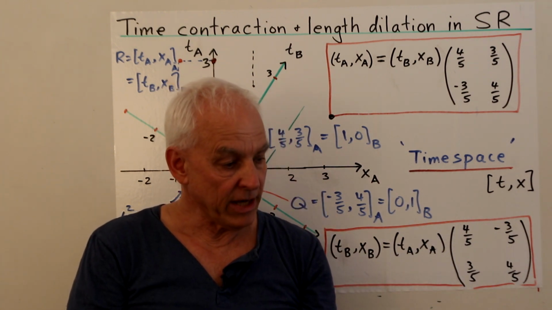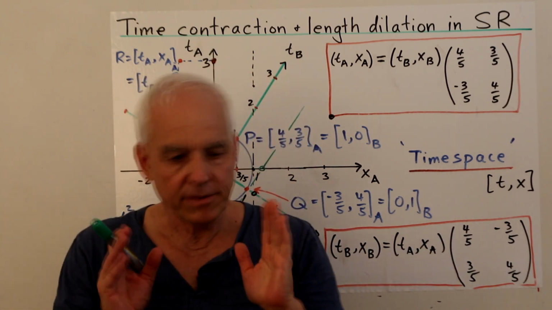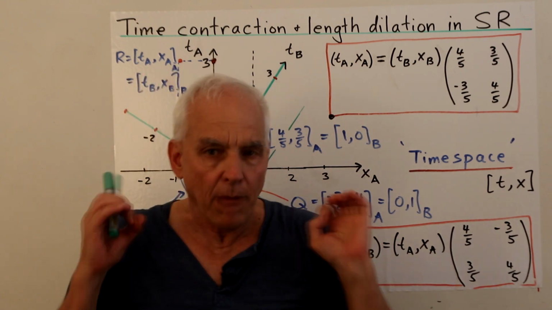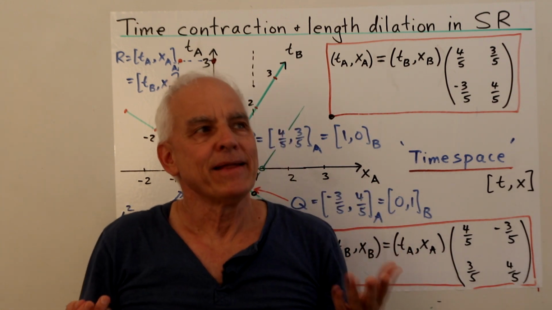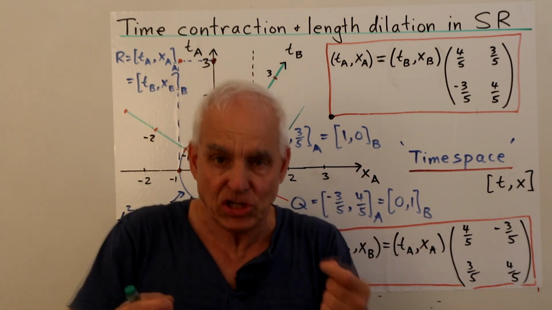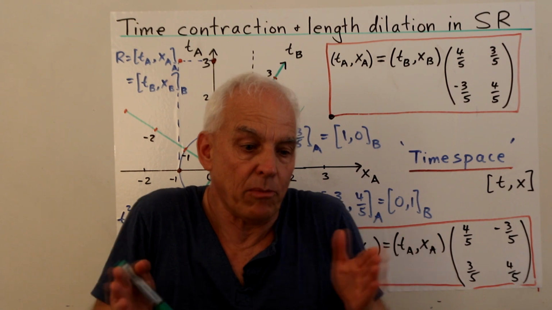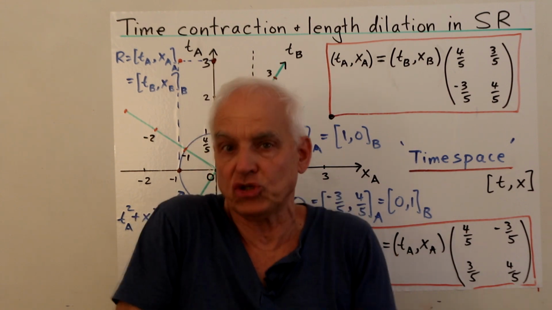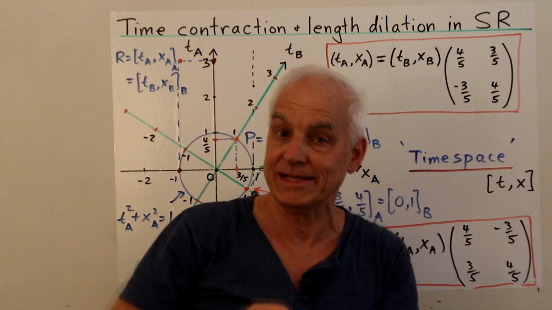And I want to emphasize to you again that this shows, I think more and more clearly, that the time dilation and length contraction that we usually talk about are observational effects. It's not as if anything is really happening, or, well, that's a philosophical question. Is something really happening? Well, we're talking about observations of the world, and those observations are very real. But we shouldn't think that there's some physical process of something actually shrinking physically or something actually changing its internal workings. No, it's just that it's being looked at from the outside from a different point of view and something different is being seen. That's all.